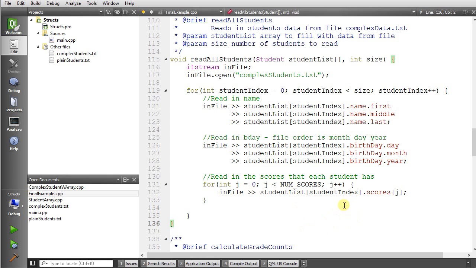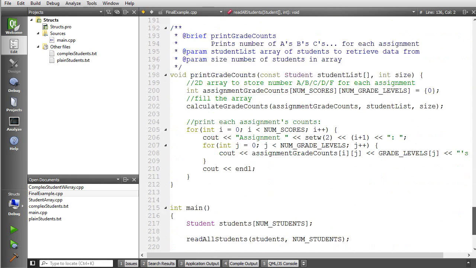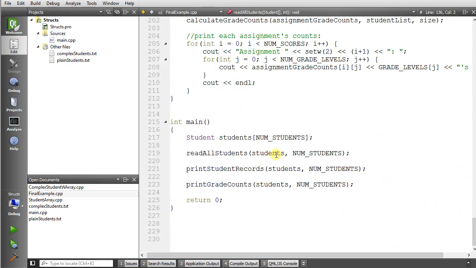All right, the first array is all of our students. We go to a particular student to get their scores and read into a particular score. When this function's done, we return back, and this students array has been modified. And so then we can pass it off to print students records. And print students records,